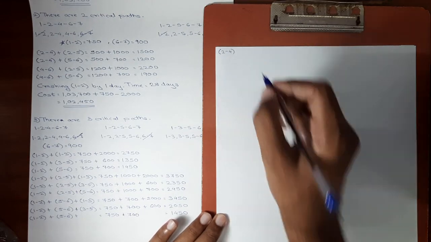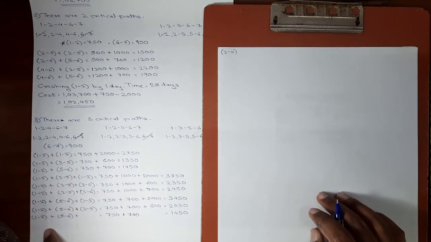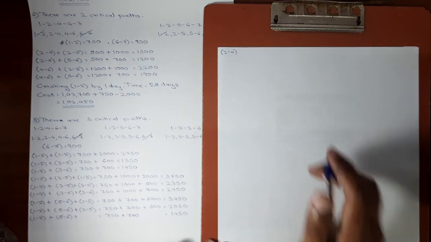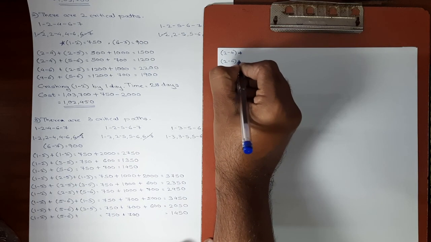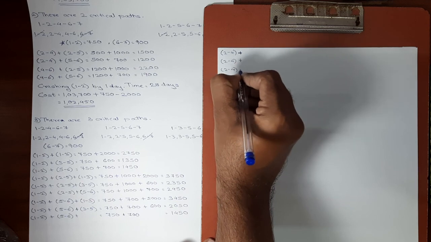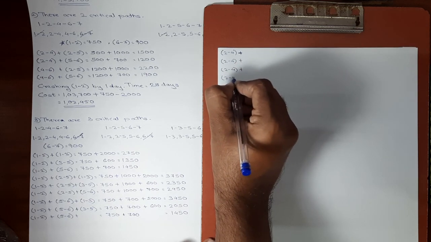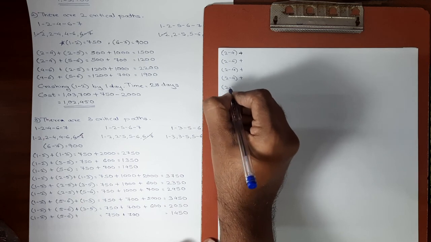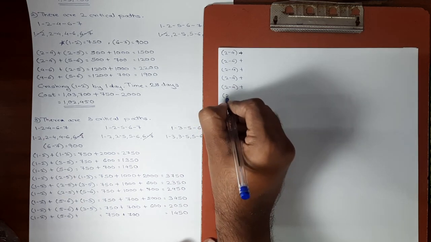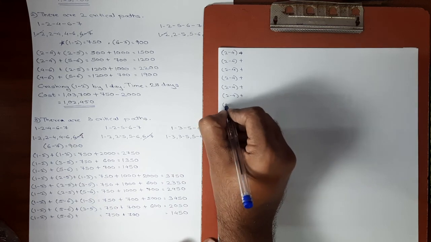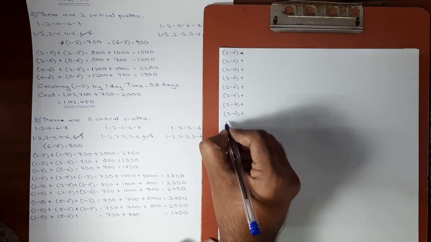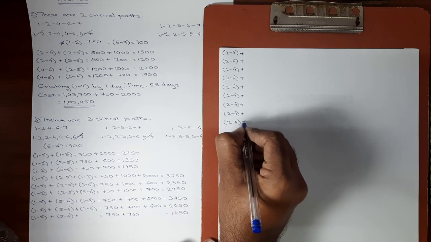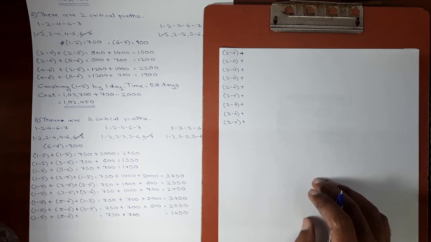Now if you see, 1 2 was repeated 9 times over here. Here also we'll write down 2 4 nine times. 2 4 plus, because there will be more activities. This will be the second time, third time, fourth time, fifth, sixth, seventh, eighth, ninth. So 9 times we have written the second activity from the first path.